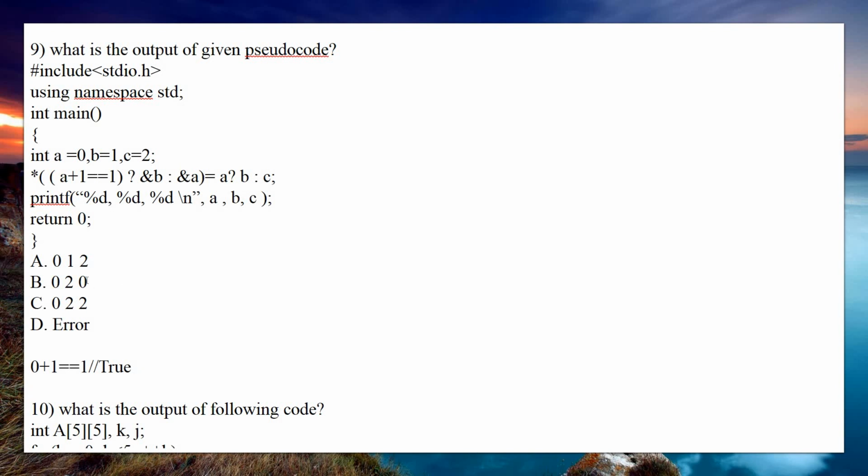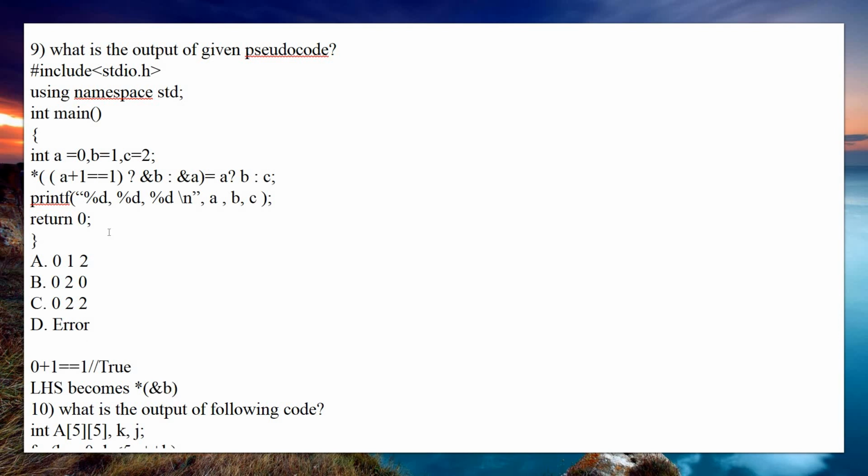Since the condition becomes true, if the condition is true, the address of b is printed, else the address of a is printed. Here you can see that since 1 is equal to 1, the address of b is used. Now the star, that is the pointer. At the LHS, because we have LHS as well as RHS, there is a star which is pointing to the address of b.